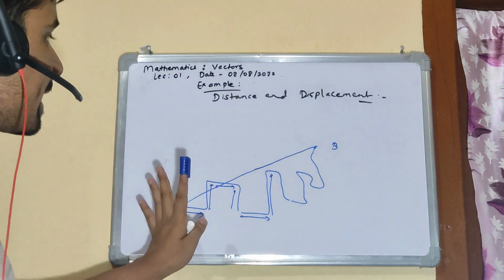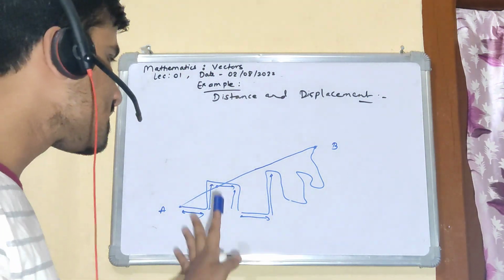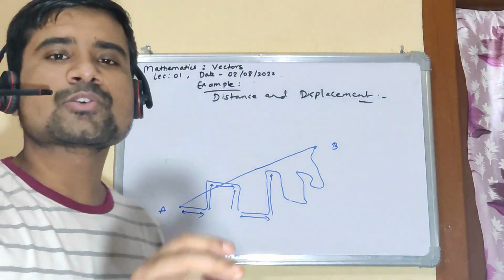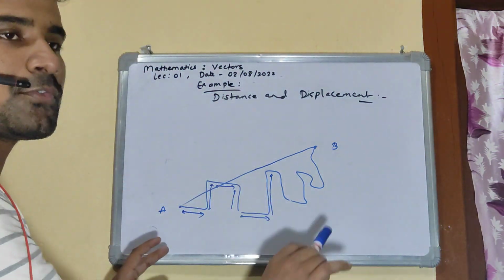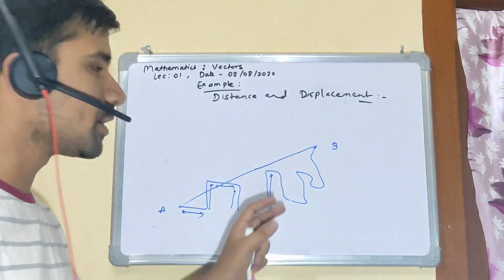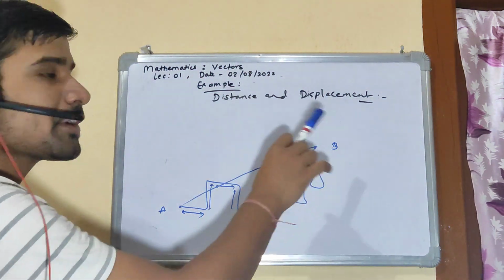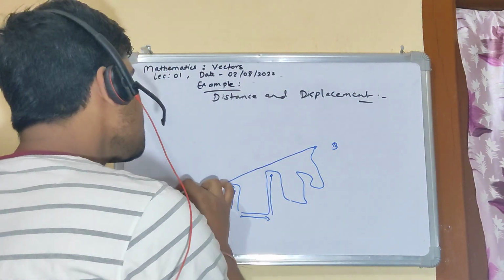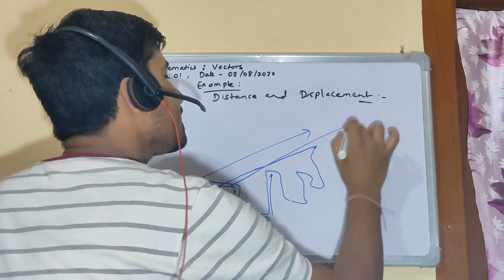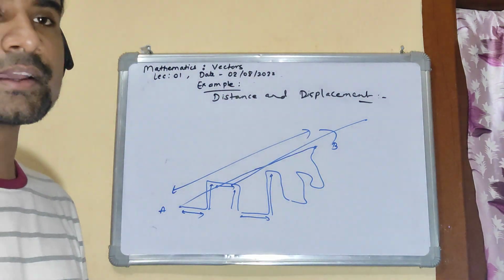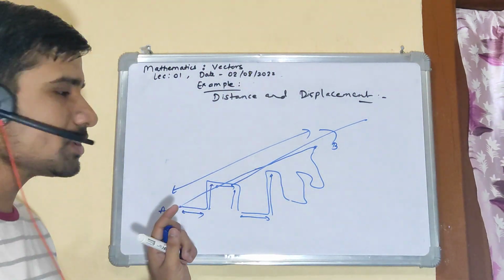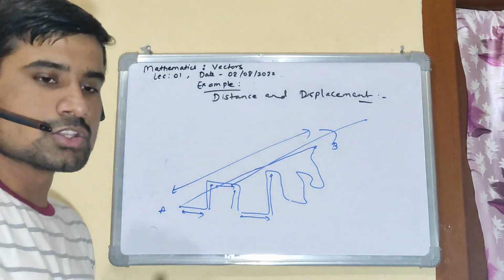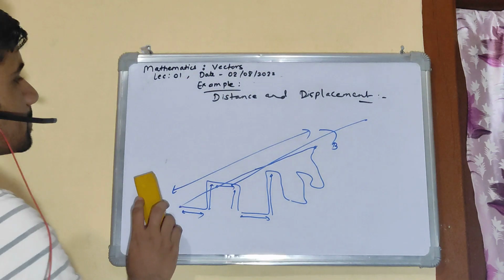Now, can we imagine considering direction while calculating distance? No, right? So distance is a scalar quantity. It is the actual sum of all the path taken by this particular body. But displacement is a vector quantity. You see, displacement has a direction as well. This is my magnitude of displacement, and this is the direction in which I am calculating displacement, right? But for distance, you just have magnitude. You don't have a direction, right? Okay. So let's understand by one more example.